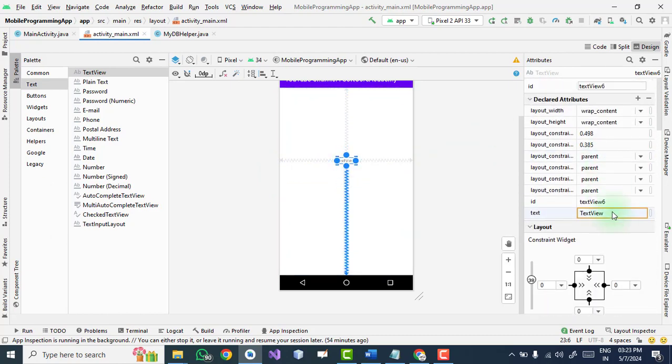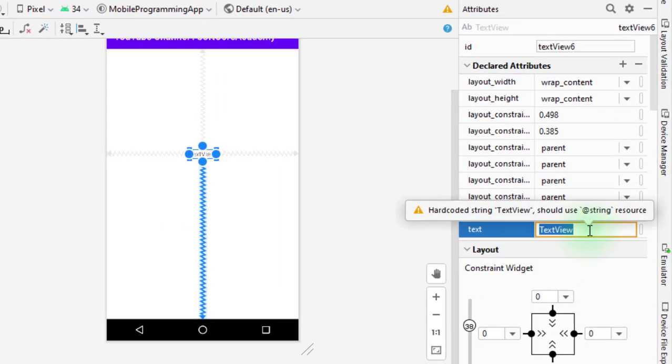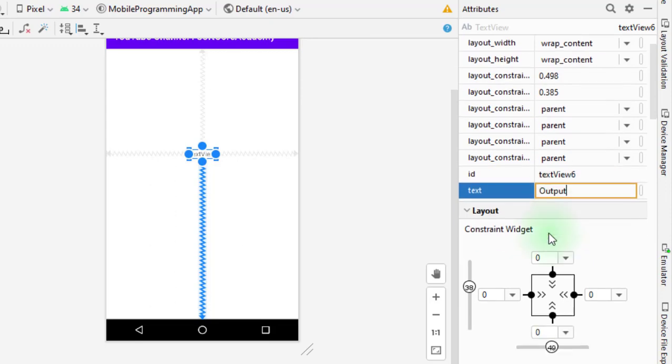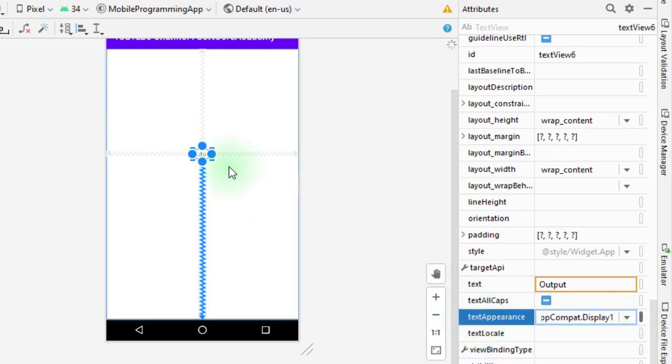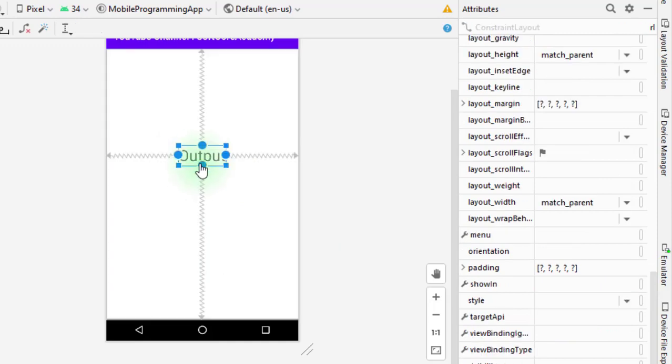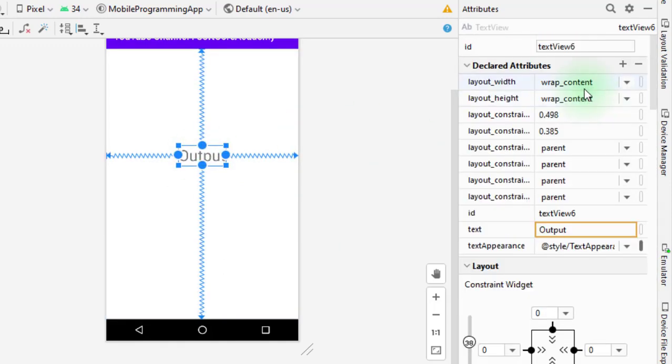Then I am changing the text of this text view. Just print output here, and then we increase the size of this text. That is your text appearance display one. This is my output. Okay, and the ID of this text view is textView6.